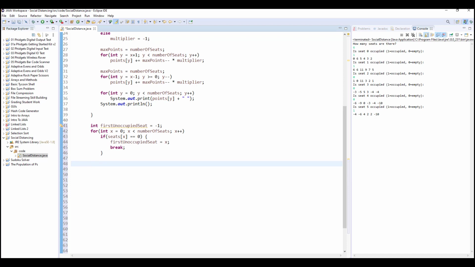Okay, now we can say also that if the first unoccupied seat now is equal to -1, meaning that we did not find one, then we can just tell the user that there are no empty seats, right? Because if we couldn't find an unoccupied one, then they're all occupied. All right, otherwise,